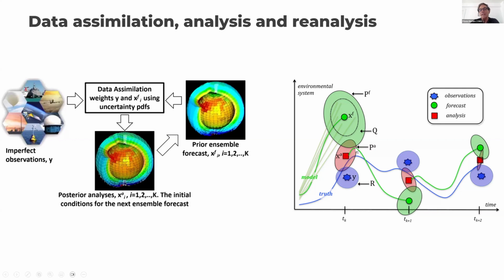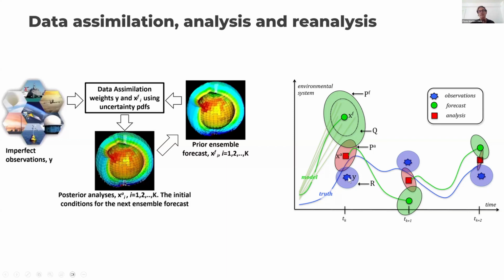And then you run again one more period. It doesn't matter if it's 1 day, 1 week, or 12 hours. It's your period between assimilations, okay? And again, you do new observations and you run the same process. You restart your model and you run one more period, okay? So this is how data assimilation is used, and this is how Copernicus does it in the entire globe to restart the model and to be always as close to the reality, to what we think is the reality, not closer to the observations, but closer to the reality, okay?